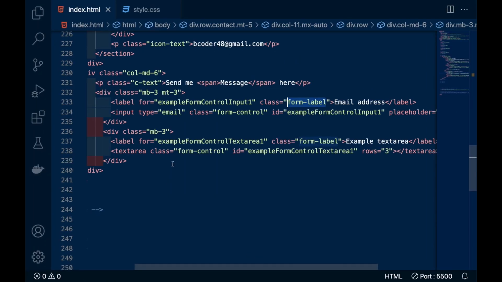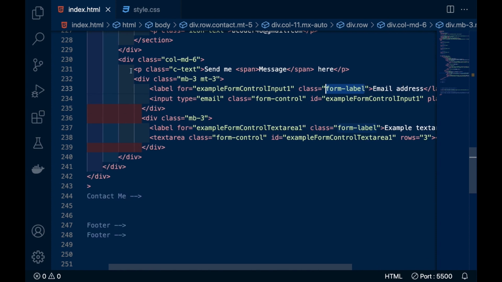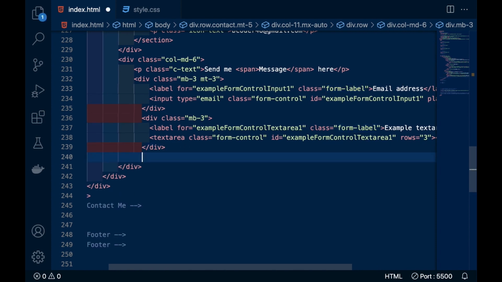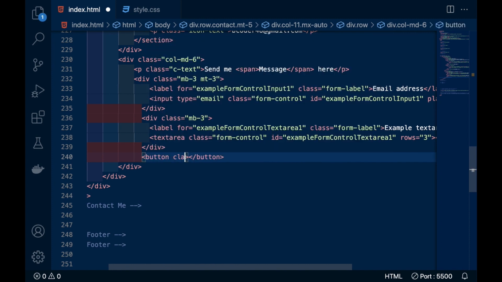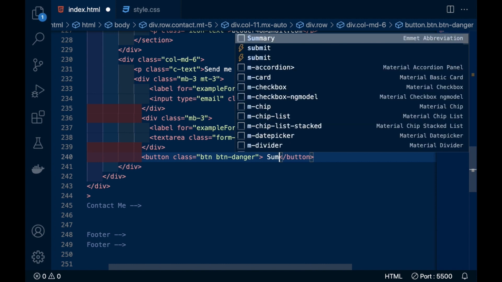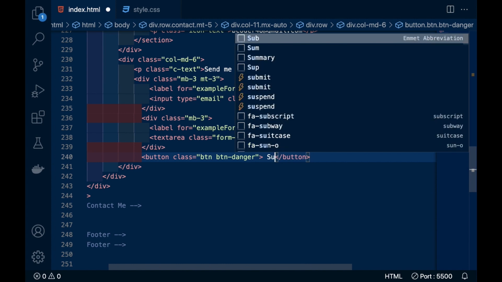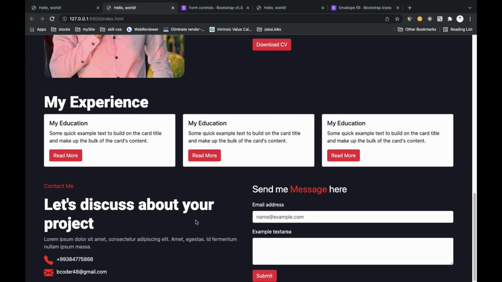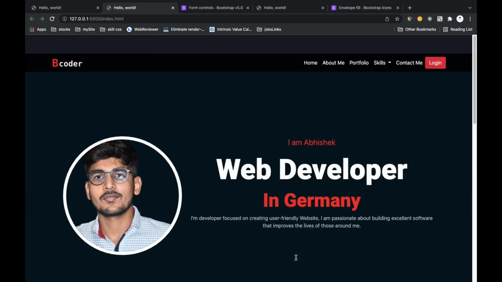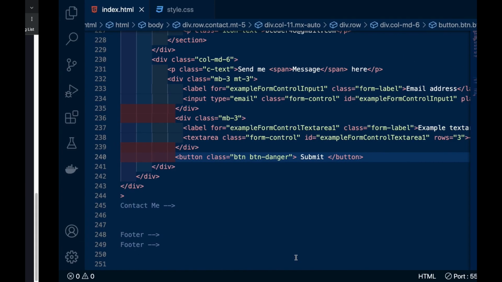And we have one more thing to use here. After this we will use a button, and similarly class btn and btn danger, and this will be our submit button. So here you can see almost our website is ready.